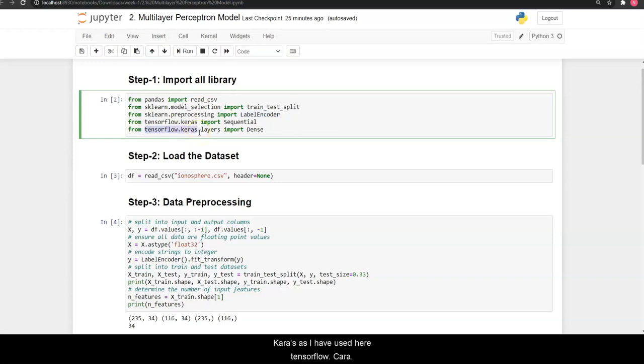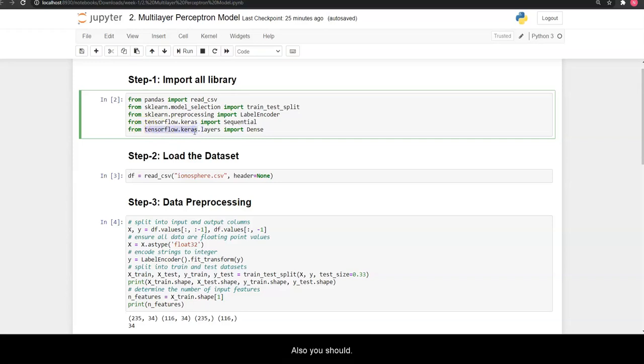This Keras API is integrated into TensorFlow 2.0, right? So I am using the Keras API integrated into my TensorFlow environment. That is why I have used